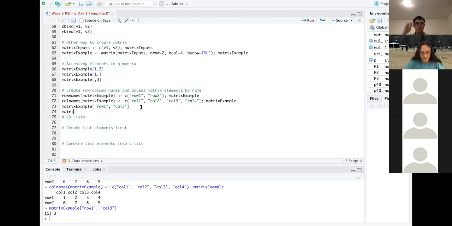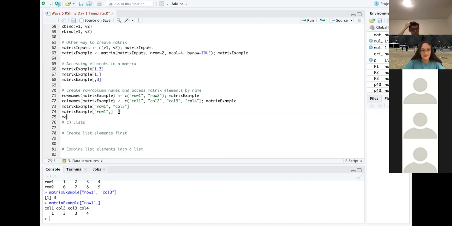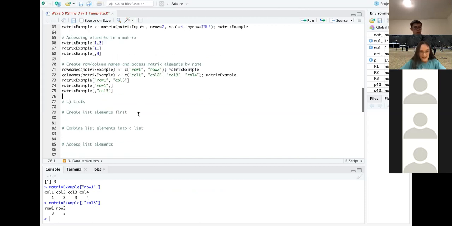And we can also do a similar thing as before, where we get an entire row or an entire column. This gets the entire first row, and to get an entire column, we can say col 3 with the comma in front of it, and that gets the whole thing. I just think that's more intuitive and easier to remember if you label your rows and columns, because it's easy to get them switched sometimes. This makes it super clear: if you say row 1, comma, nothing else, that literally gets you all of row 1, and same with columns. So that is matrices.